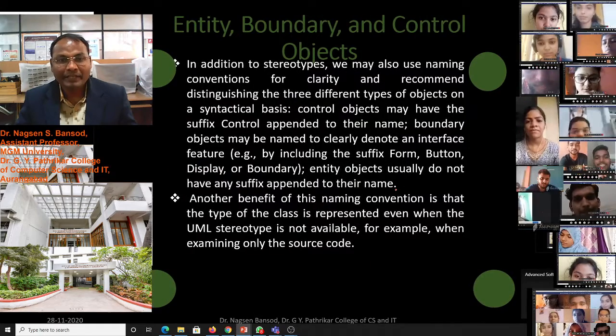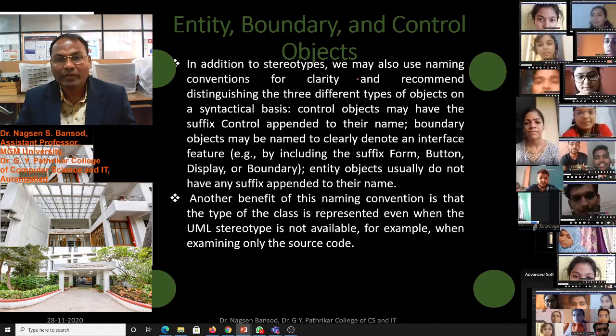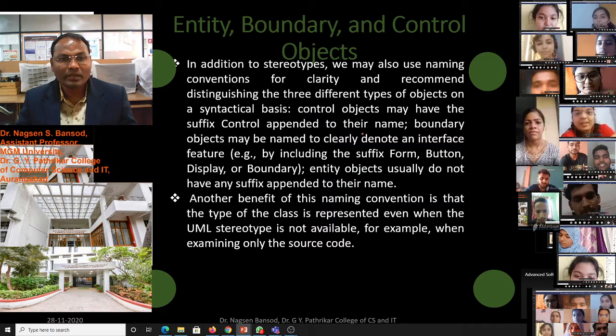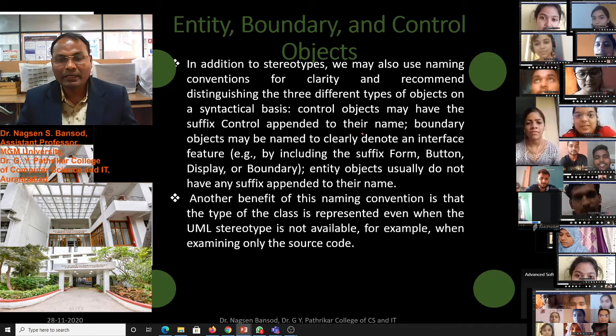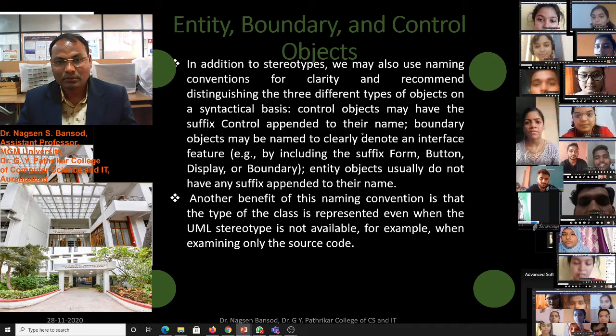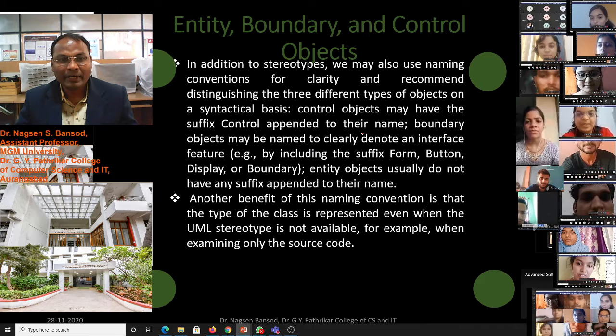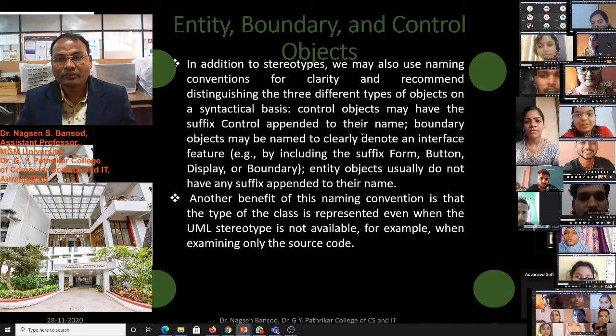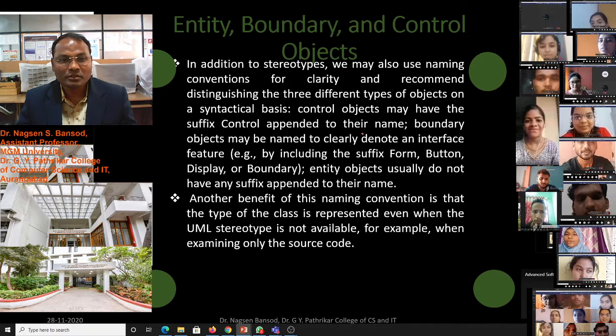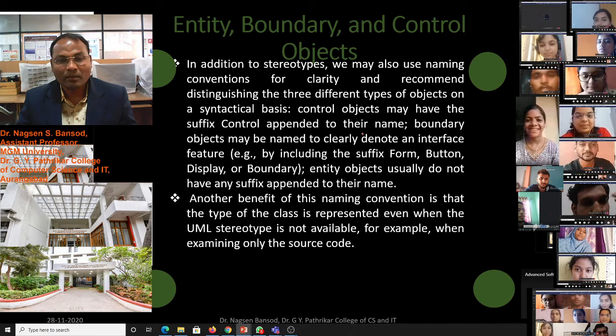In addition to stereotypes, we may also use a naming convention for clarity, recommended to distinguish the three different types of objects on a syntactical basis.